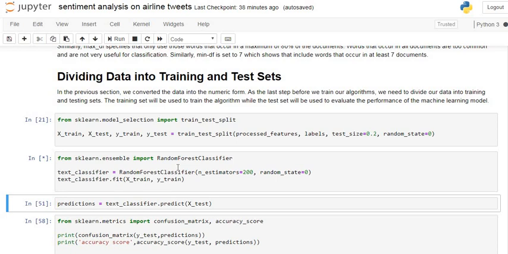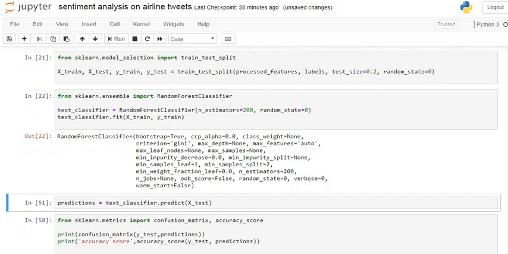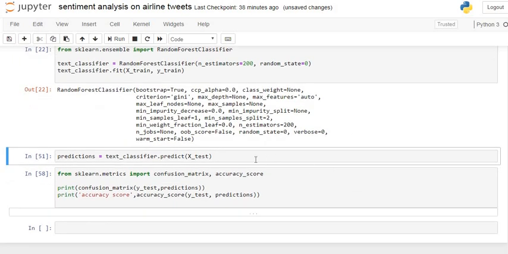Random forest classifier is basically an ensemble learning algorithm. In that ensemble learning algorithm we use bagging. I have already explained bagging and random forest classifier in my tutorial, so if you want to know more about random forest, you can see that tutorial. Here our algorithm has run. So let's apply it on the testing dataset. Our testing dataset contains 20% of the observations.